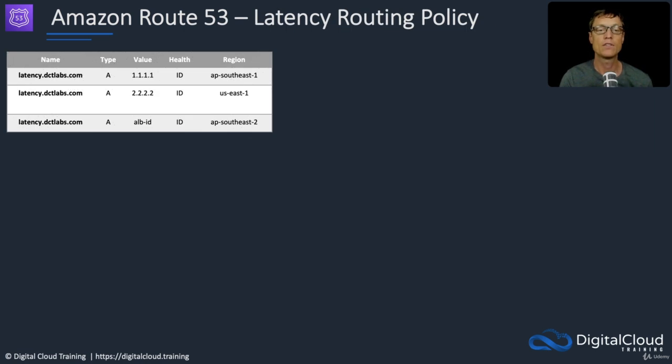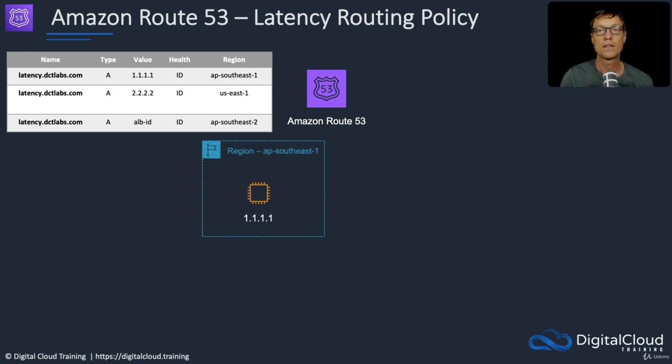Next, we have the latency routing policy. Here, again, we define multiple records, and then we have a value, and we specify the region where we want people to be directed to. So what this means is when a user is in a specific region, they'll get directed to the closest endpoint